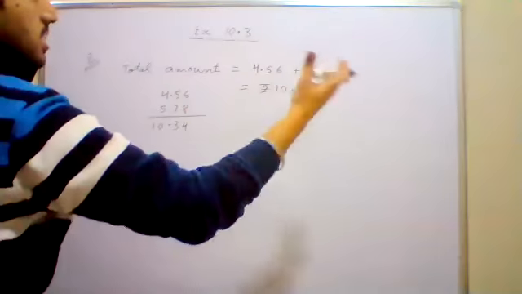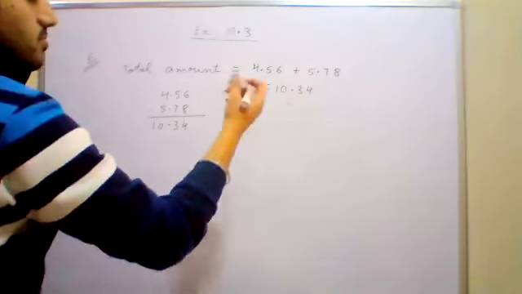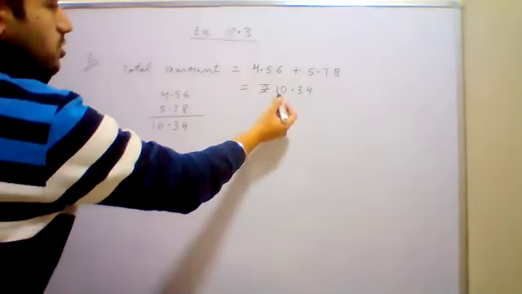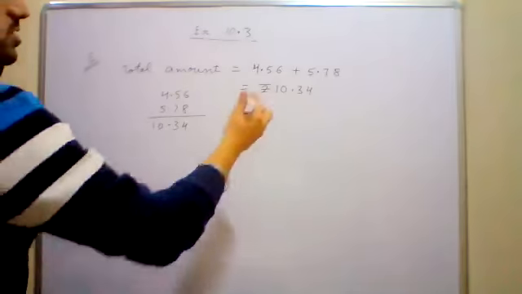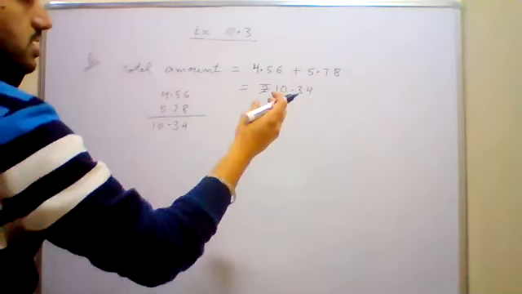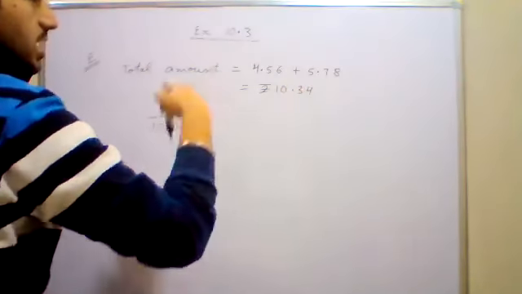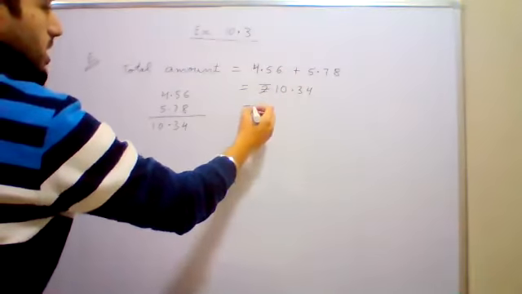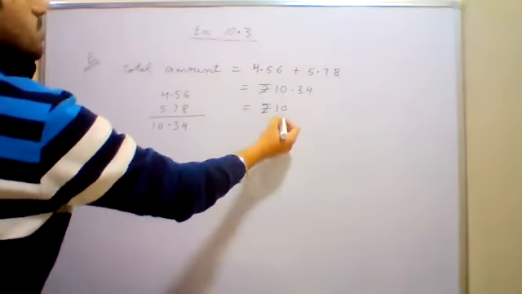So I should pay the shopkeeper 10 rupees or 11 rupees. We have to round off and tell it, so that I can give whole money. I don't have paise with me. I have only rupees. Either I will pay 10 rupees or 11 rupees to the shopkeeper. So 34 is more near to 10. This amount, 10 rupees 34 paise, is nearer to 10 rupees as compared to 11 rupees. So how much will you pay when you round it off? Your answer will be rupees 10. You will pay the shopkeeper only rupees 10.